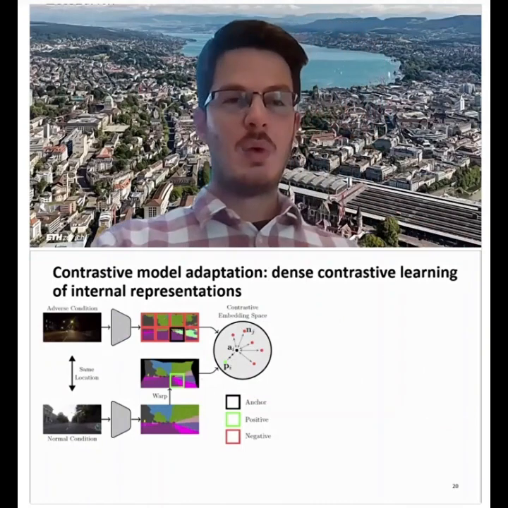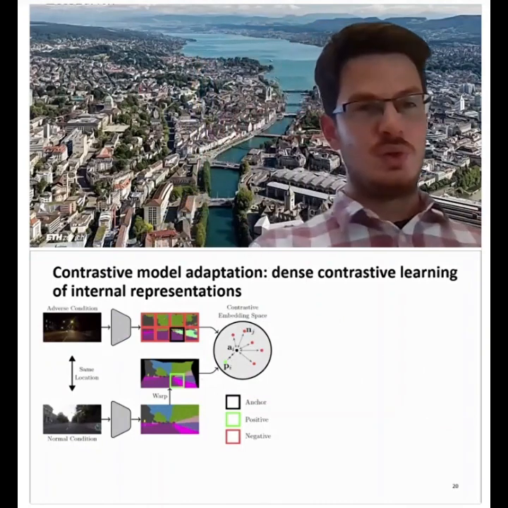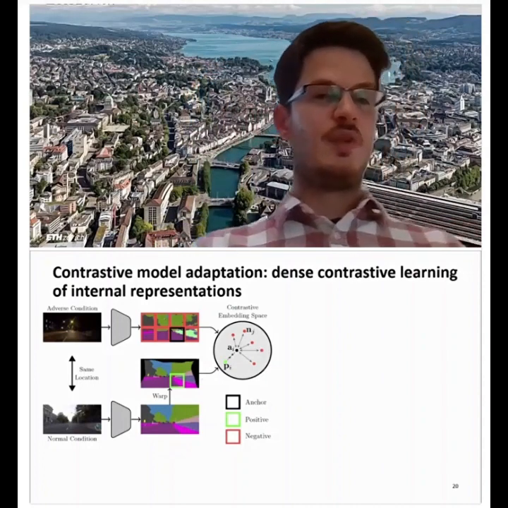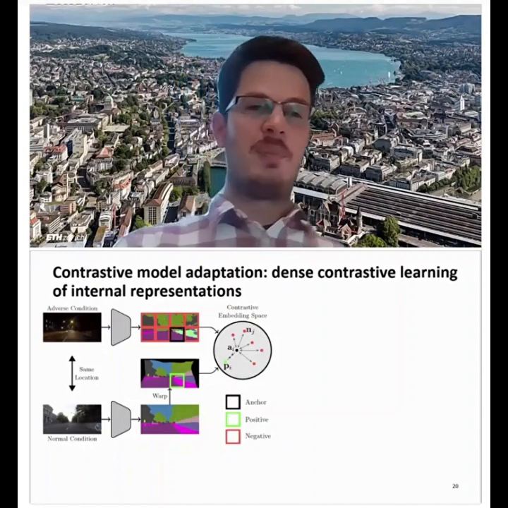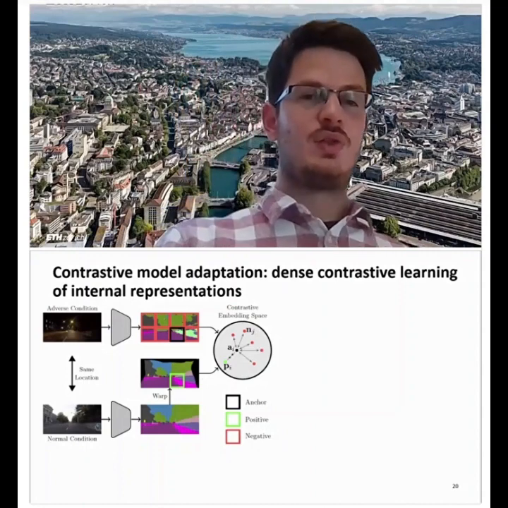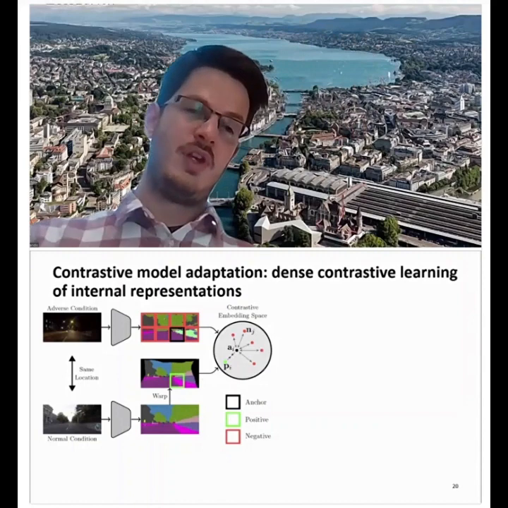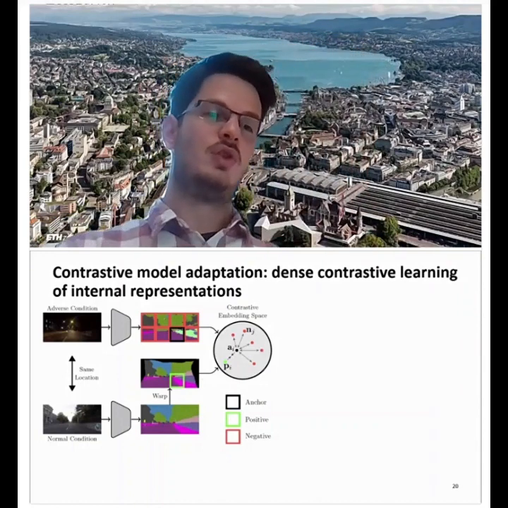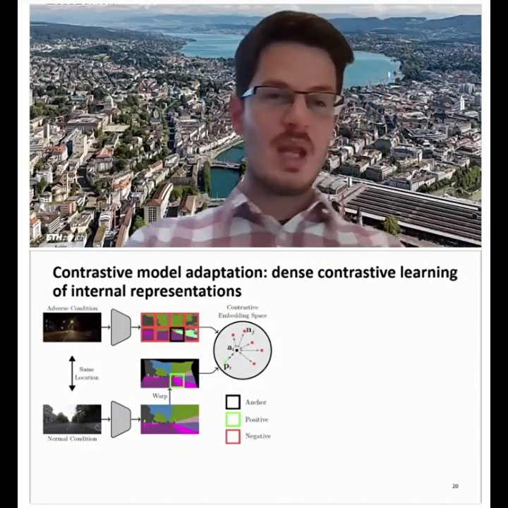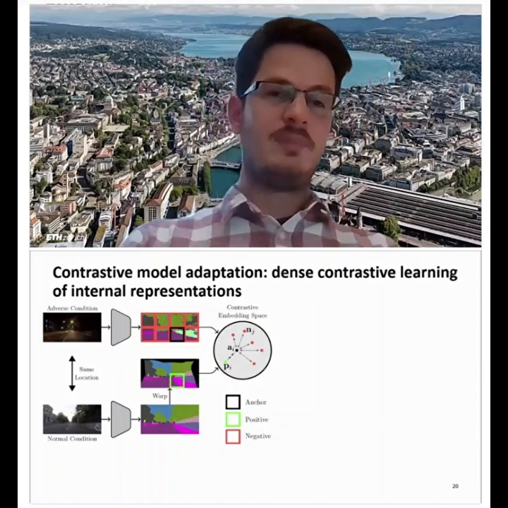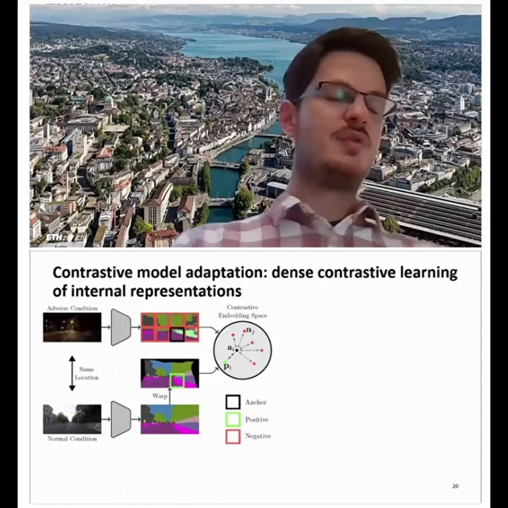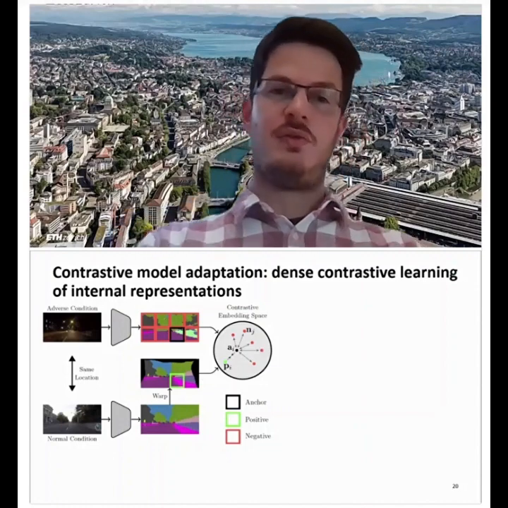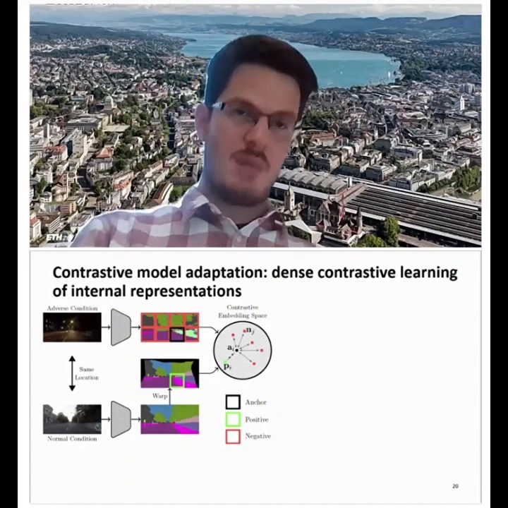And basically how it operates, so we have two different images of roughly the same scene, but under a slightly different viewpoint. So we have also a warping module, which allows us to align the features from the one image, with the normal condition, to the view of the adverse condition image. Here I just present the semantic labels for easier visualization, but we operate with this warping at the internal space of the features. And then we employ contrastive learning.